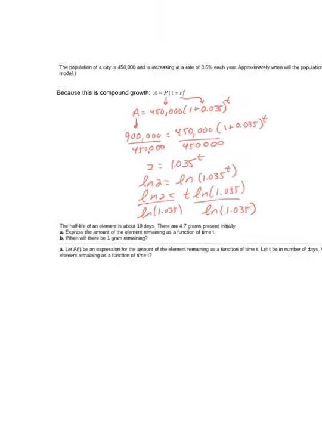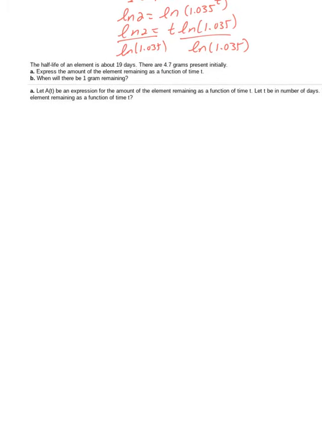Let's look at the next problem. The half-life of an element is about 19 days. There are 4.7 grams present initially. Express the amount of the element as a function of time. The formula you would use for half-life is A of t is equal to A sub 0 times 1/2 to the t over t half-life